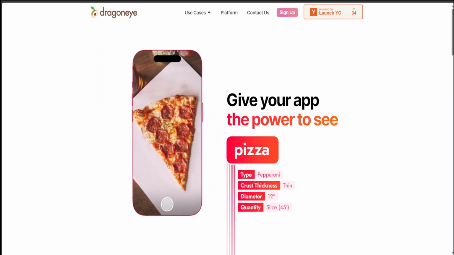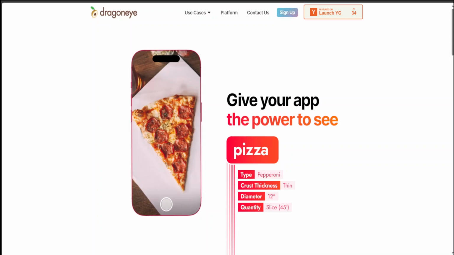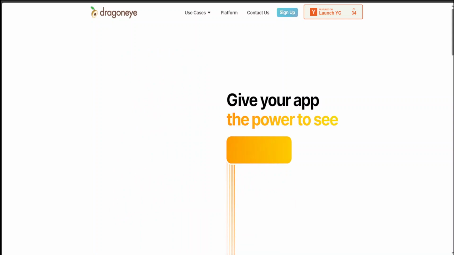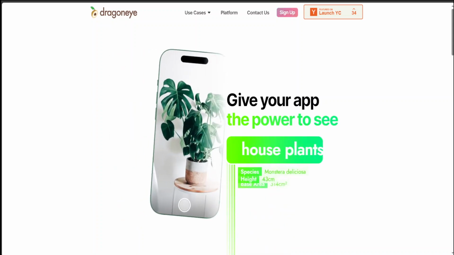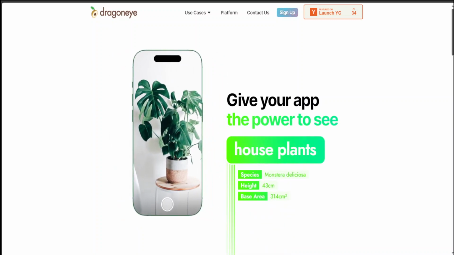DragonEye promises to give vision to any app out there. That is quite a tall order. DragonEye is a platform which enables you to have AI powered computer vision embedded and infused into your application. For instance, if you go to their website, and I will drop the link in the video's description, you can see